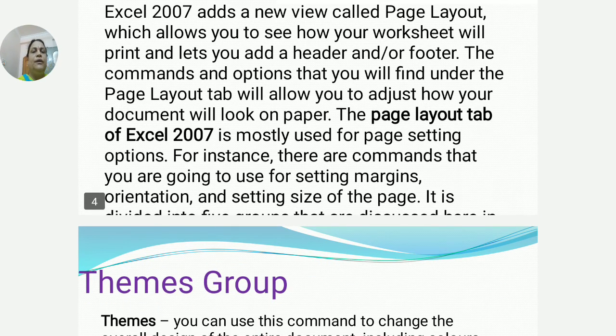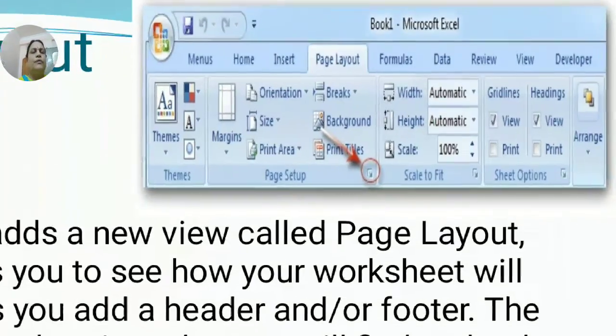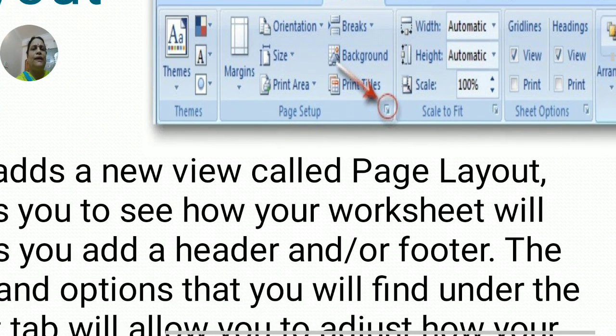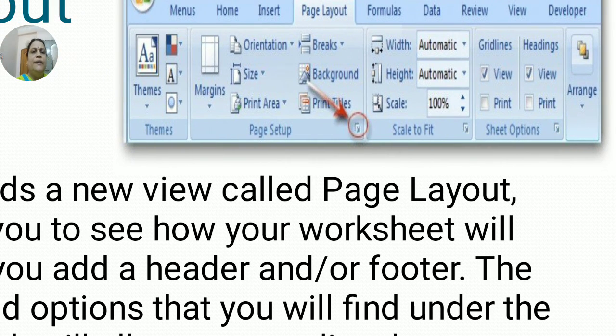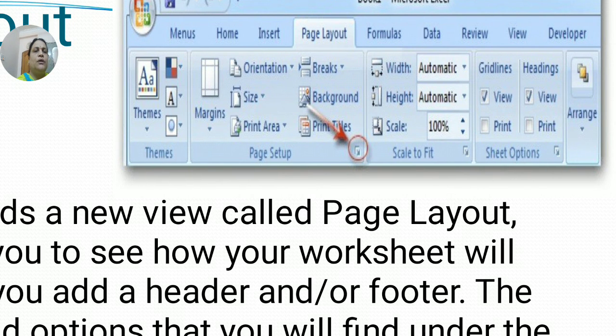Now let us see what groups you have in this Page Layout tab. That is Themes, Page Setup, Scale to Fit, Sheet Options, Arrange. There are five groups under the Page Layout tab.